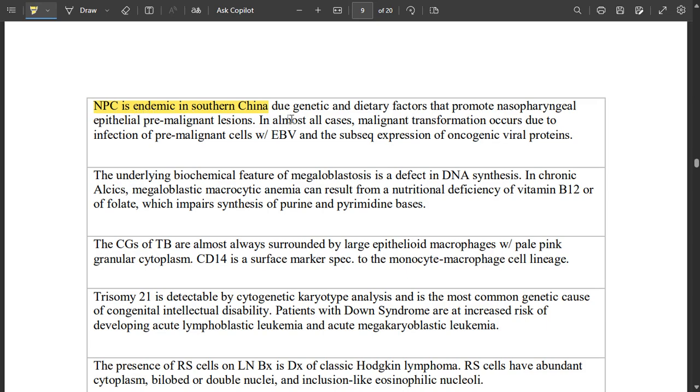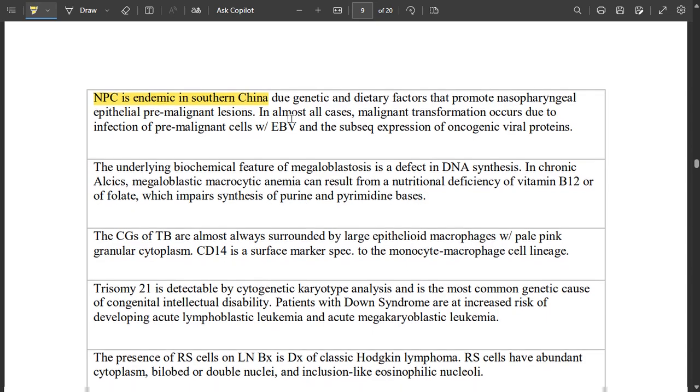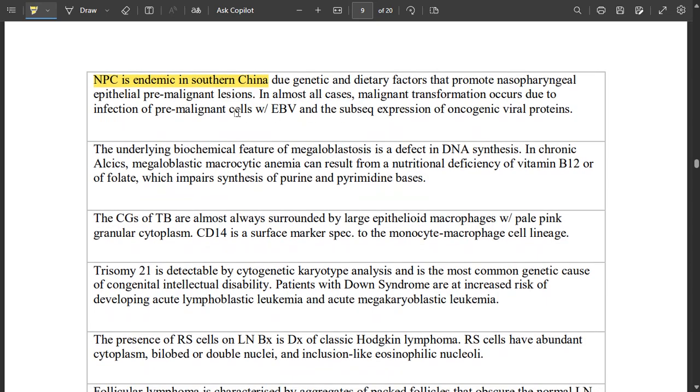In almost all cases, malignant transformation occurs due to EBV infection of the premalignant cells of the nasopharyngeal epithelium, and subsequent expression of oncogenic viral proteins. These proteins are oncogenic in nature,